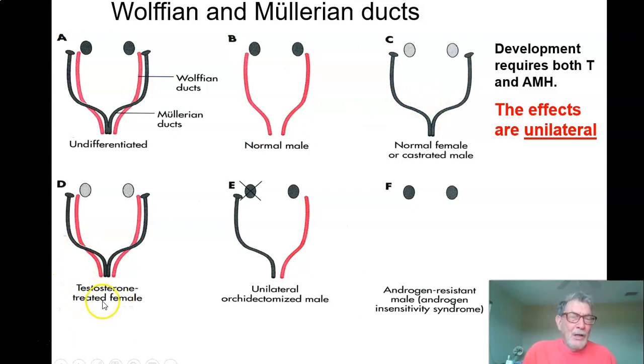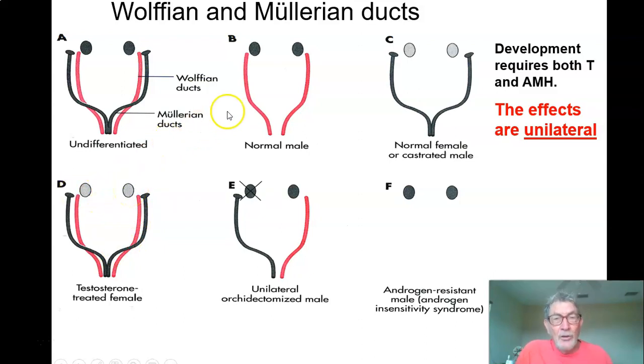If you have a female and you treat that female with testosterone, you'll wind up with both sets of tubes, right? Because the testosterone will keep these guys, but you're not making anti-Mullerian hormones, so you keep these guys. So if you have a tumor that makes you produce testosterone, you'll keep the male tubes. You might develop some male characteristics. Maybe you won't even be quite sure what you are when you're born, but you actually could be a reproductive female because you have the female stuff, and you have ovaries.